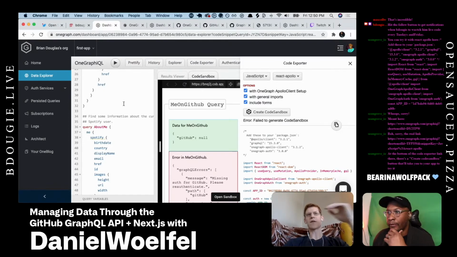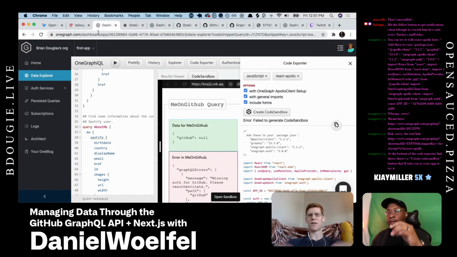So the code exporter is a way for someone who is just getting started with GraphQL. Like, you can probably figure out the graphical explorer and get your avatar URL. Yeah. But once you've done that, it's a big leap to go and build a full app. And so we have this kind of ramp that lets you just click a few buttons, select the framework you want to use, select the language, and then from there, you've got an example app and you can see how all the pieces fit together.